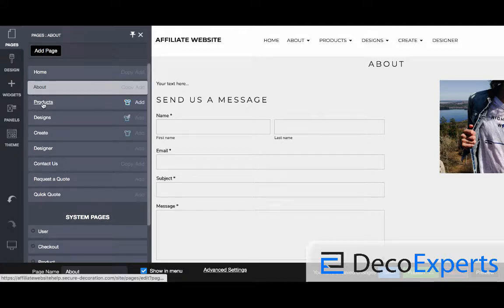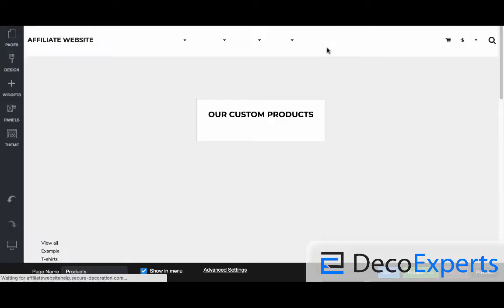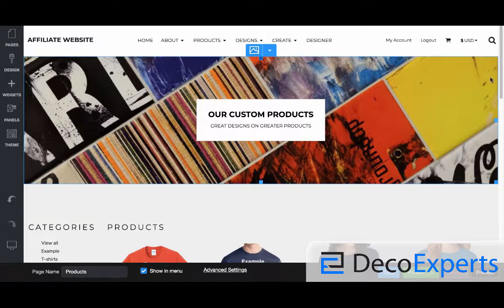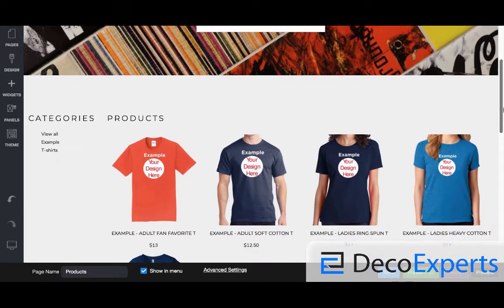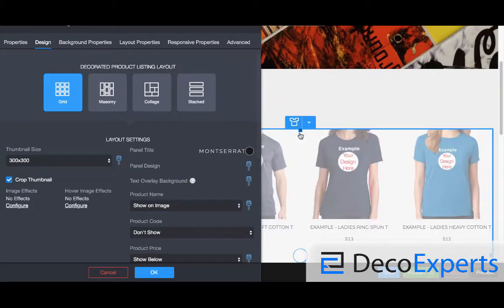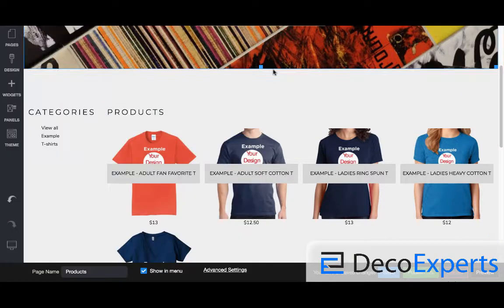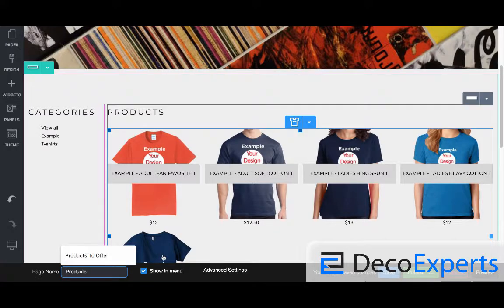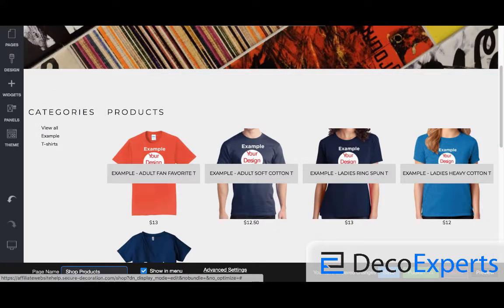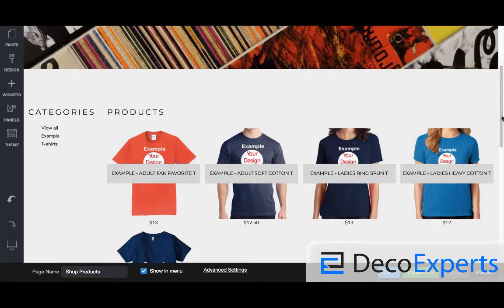Outside of your About page, we have the Products page. Now the Products page is where we're going to display our retail products for our consumers to purchase. So we've created some templated products, and then we can override the way that they're displayed as far as the thumbnail size. Where do we show the name? What happens when the customer rolls over? All of these different settings. So this is configuring the way that these products look. Now, instead of just products, we could rename this, for instance, Shop Products. And again, it's going to get more of a cross that, okay, here's where our retail products are